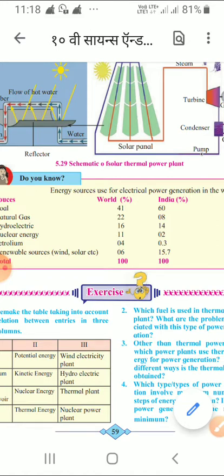During the exam time you have to revise these points first, and after that whatever time is left, you study the lesson thoroughly. When you study the lesson thoroughly, then everything will come to your mind, because mugging up the answers only will not do for you. You are in 10th standard now, children. You have to study the complete lesson thoroughly, and if any doubt is there you can ask me. Okay, so learn nicely, and try to score maximum marks in the exam. Thank you, children.